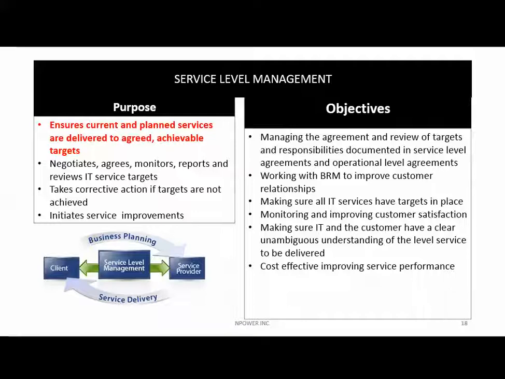Okay, so that we can pull up metrics and then make sure that we can create a plan of action. We need to take corrective action if targets are not achieved. Well, I need to have a way to measure it. And again, the way to measure the service level agreements is to enter the information into an interface that is built in a way that will allow me to build some